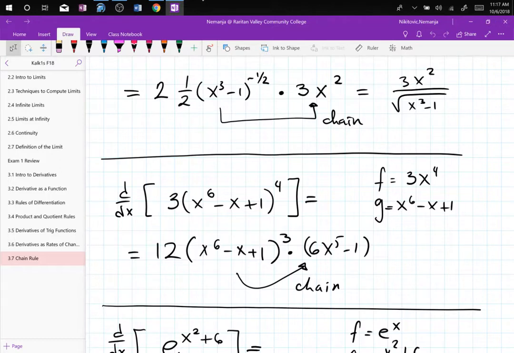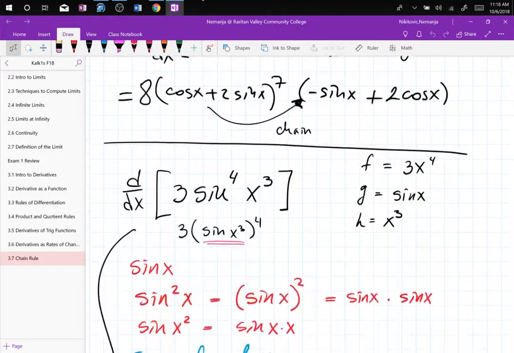See, this one had no sine. So this sine had no x. This sine has this as the argument, and this sine has x as the argument. These are two completely different things,